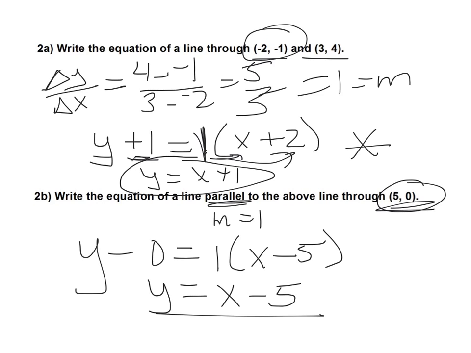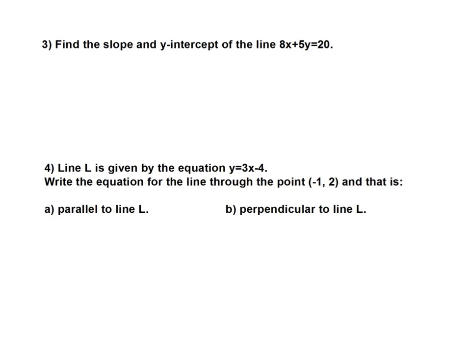And actually, that tells you slope-intercept form, so it also tells you that negative 5 is your y-intercept. Yay! All right, now find the slope and y-intercept from this guy in general form. I personally would do that by moving it to y equals mx plus b form. So first thing I'm going to do,